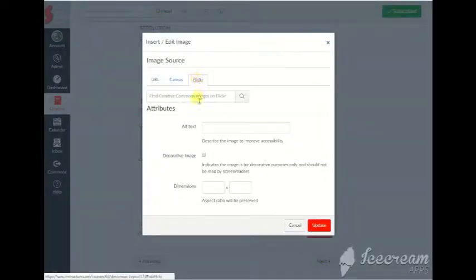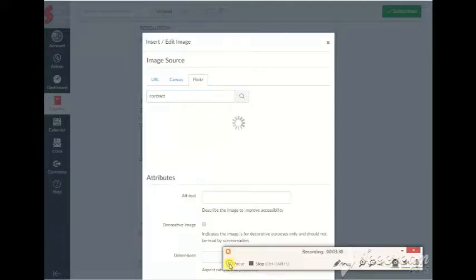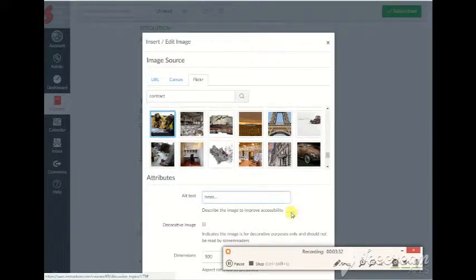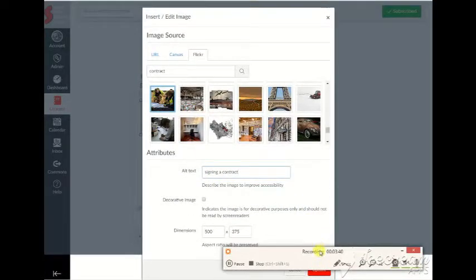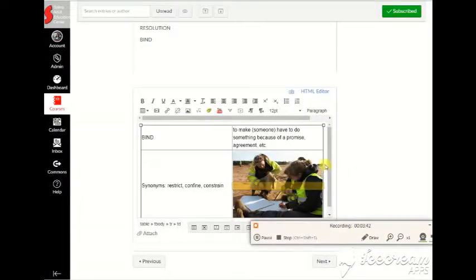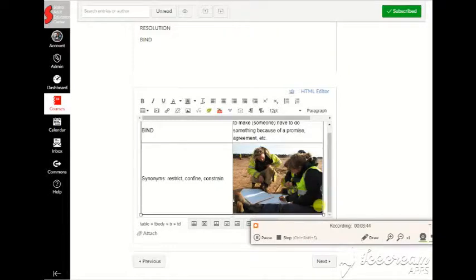I can also use Flickr. Okay, and I can pick this one. I like my alternative text, signing a contract. And then I want to update, and there it is. If I wanted to write something on there, I'd want to